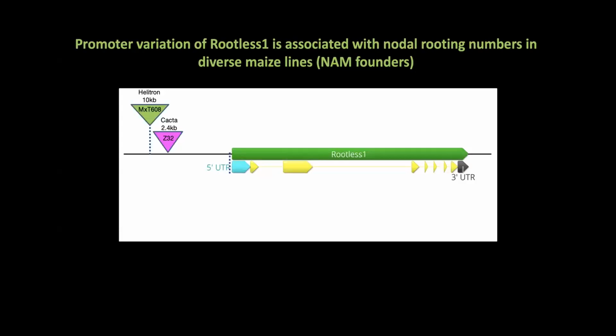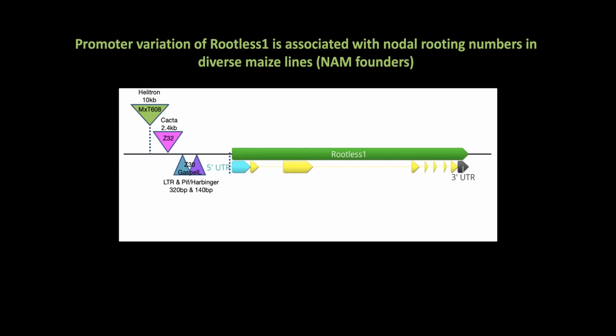Okay. Another really interesting aspect to this is if we take rootless and look across sequenced maize lines. Here I'm just showing you the NAM founders, which are these 26 lines that are meant to encompass maize genetic diversity, or at least were 10 years ago when they were developed. We also incorporated some other lines. This is a line that has some teosinte introgressions. This also has some teosinte introgressions, the C732, which is Sherry Flint Garcia's. And so these both have